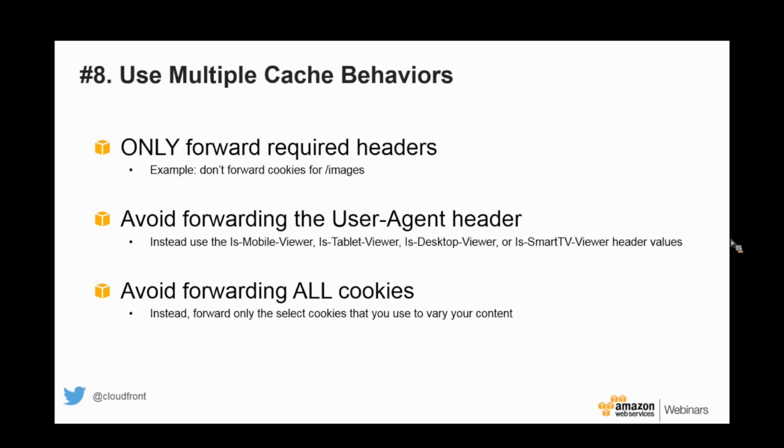You can also avoid forwarding the user agent header and instead use some of the headers that CloudFront provides, such as the CloudFront-Is-Mobile-Viewer, where CloudFront identifies a mobile viewer or a tablet viewer or a desktop viewer or a smart TV viewer. And the way this helps is with the user agent string. When you forward the user agent string back to the origin, CloudFront will make that a part of the cache key. And the number of unique user agents that may be accessing your content is such a large number that you will end up with multiple copies of the exact same content in the